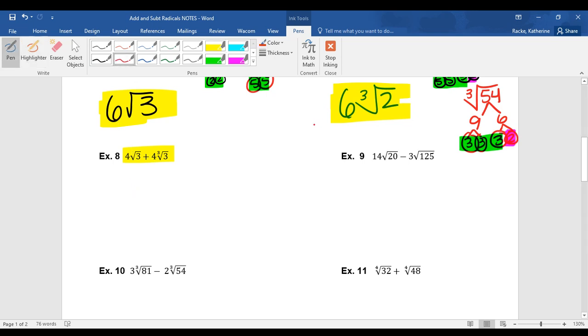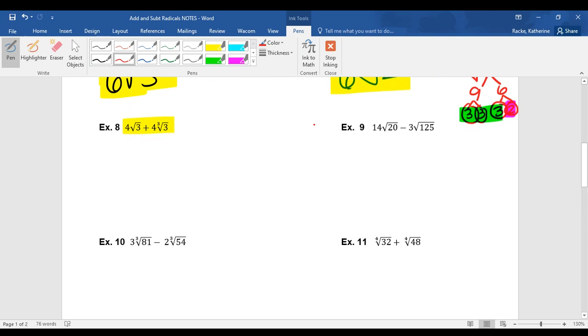All right, example 9, I have 14 square root of 20 minus 3 square root of 125. So I need to simplify both of these square roots first. Okay, so let's start with the square root of 20, which breaks down into 4 and 5. 5 is done. 4 breaks down into 2 and 2. So there's my pair of 2s there with a 5 left over. Okay, since I'm pulling out the 2 now, and I already have a 14 on the outside, I need to multiply 14 times 2 to give me 28, and I can leave my square root of 5 on the